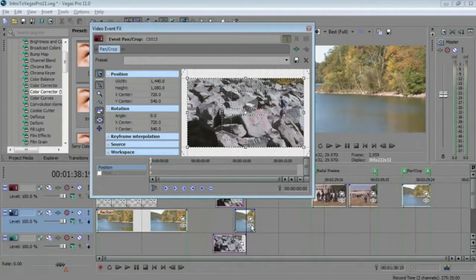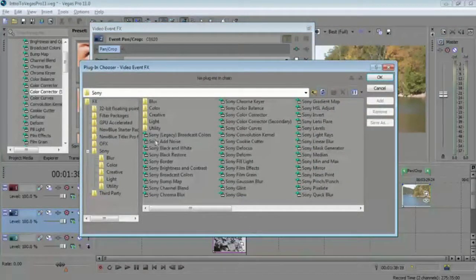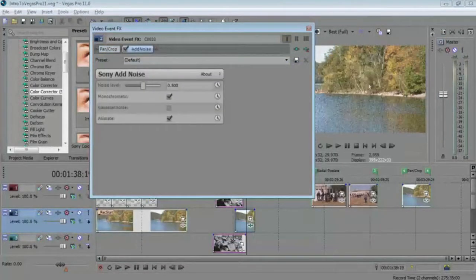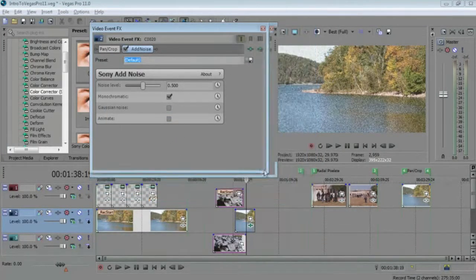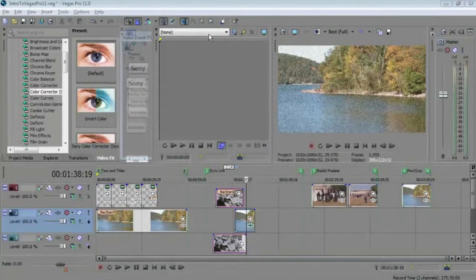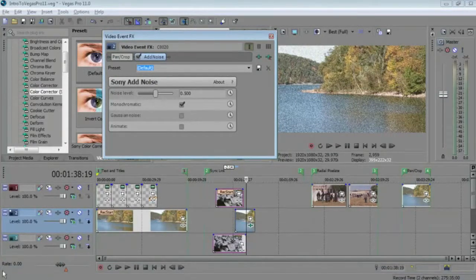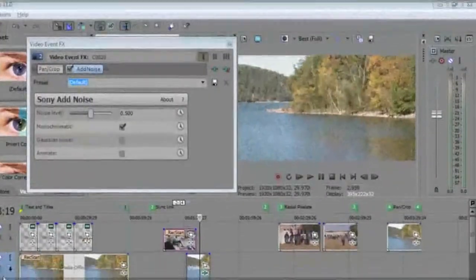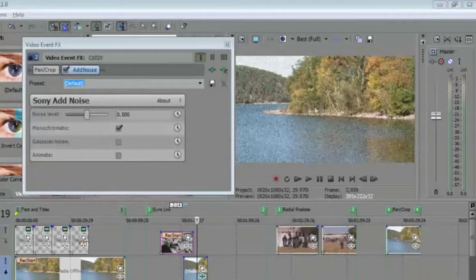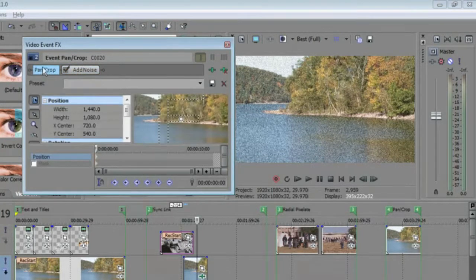So let's take, for instance, this clip down here that I've got. I'm just going to add a noise filter to that clip, and I'll turn off the animate. And in the video preview window, let's make this smaller and move this over and see if I can zoom in on this a little bit so that you can see this more effectively. Okay, so in the video preview window, you can see that we've got noise on that event. I can now access the pan crop tool just by clicking the pan crop flag button,